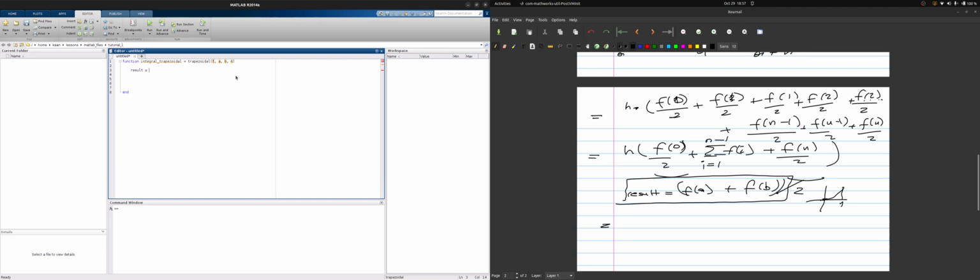First, the result will be f_a plus f_b. And then for n from 1 until n minus 1,